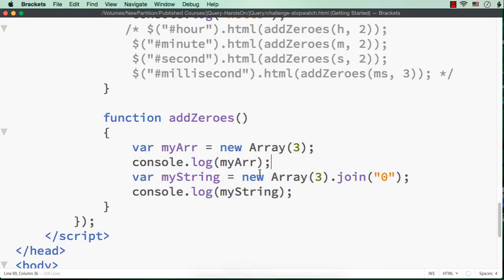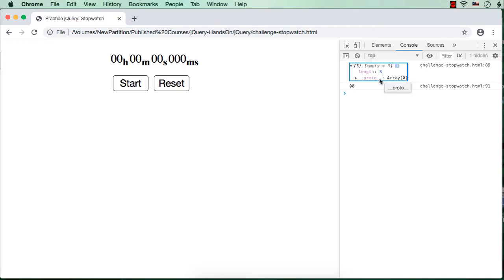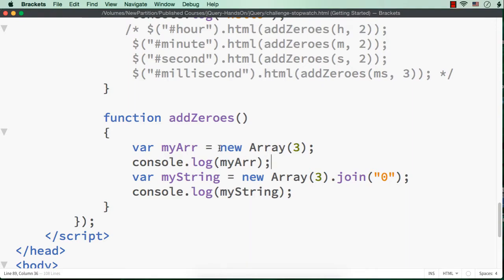And the join method is used to return the array as a string with the specified separator. So here when I specify new Array(3), it is an empty array with 3 spaces for elements. And when I specify join 0, what happens is that these 3 spaces or elements are joined with 0 and it is returned as a string.